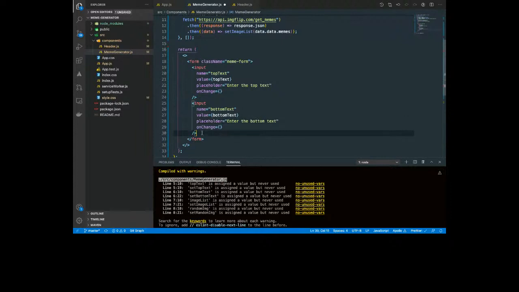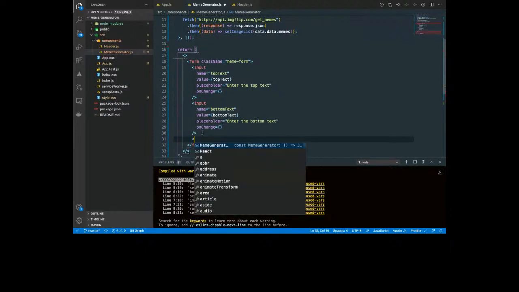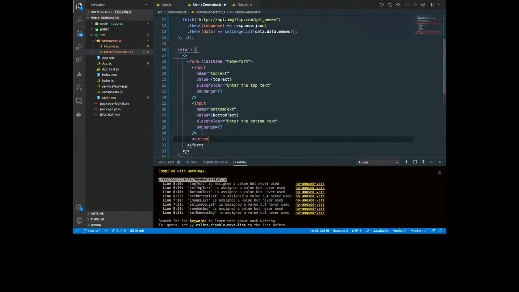Okay. And after that, we are going to add a button. And as we saw in the beginning, on click of the button, a randomly generated meme would be displayed. So the button should have an on-click event handler. And on click of the button, some function would be called, which would manage the generation of random memes, because